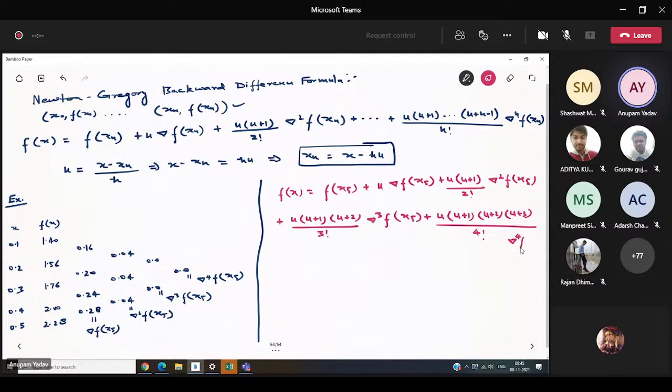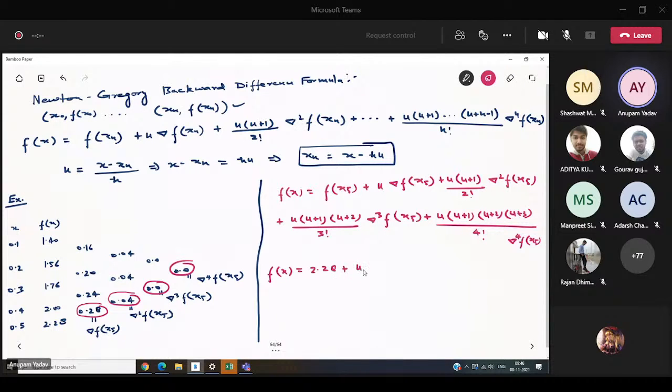Fourth backward difference of f at x5. So this is the first backward difference, this is the second backward difference, this is the third backward difference, this is the fourth backward difference. Okay, so we can put every value here. So this is going to be f of x equal to f of x5, that is this value, f of x5 is 2.28